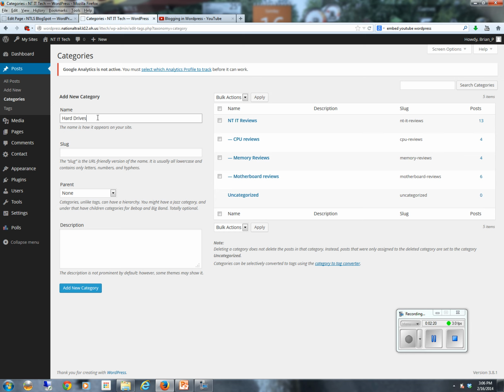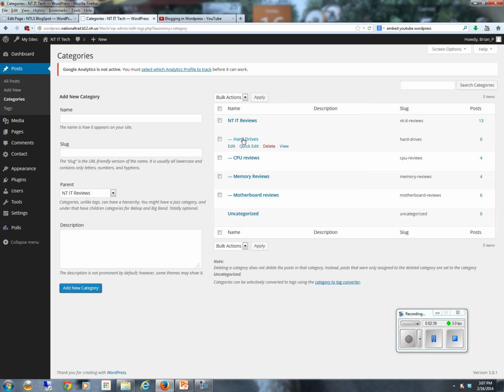So I can just add hard drives, and by default it's the parent, but I can go down here and say, hey, it really belongs under NT-IT. And then if I want to add a description, I can, but after that, all I have to do is click add new category, and now over here, look how quick that was. Now there is a hard drive category underneath that one over here on the side. And it's a way for you to be able to later on